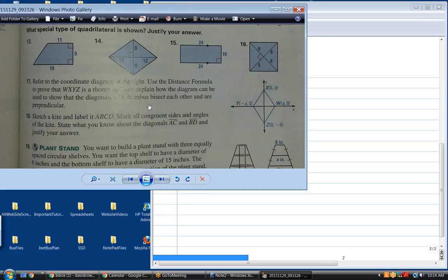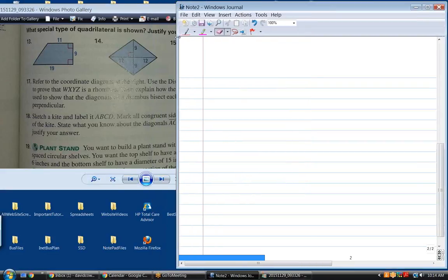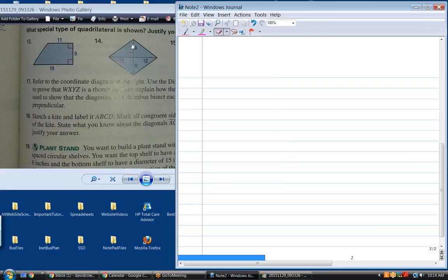That would be a kite, wouldn't it? Well, no, yeah. Very good. Or is it a rhombus? I guess it could be a rhombus, couldn't it? Well, let's find out. For it to be a rhombus, that side has to equal that side, has to equal that side, has to equal that side. If I have a triangle here, just taking one of the triangles that's 9 by